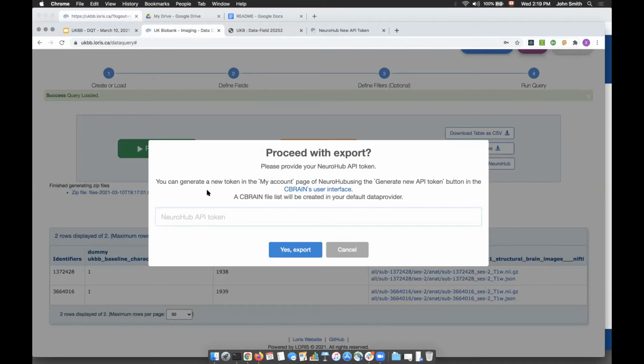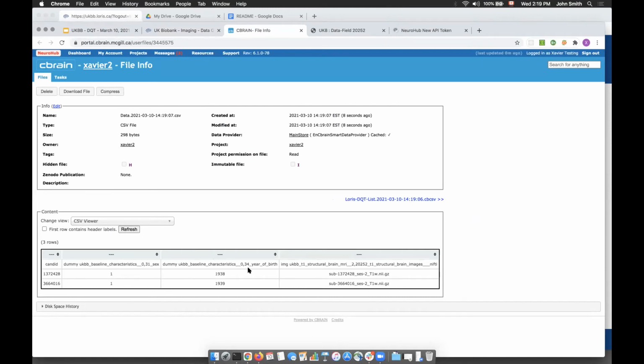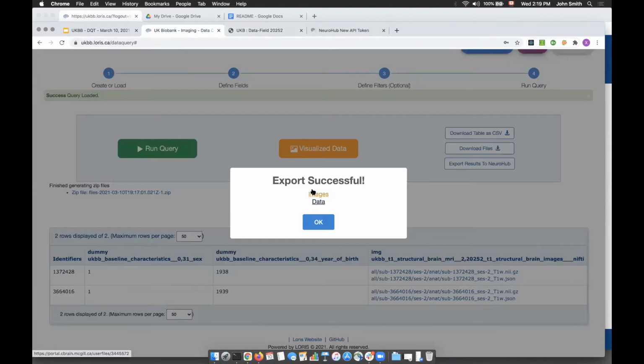So in this command prompt, I'll just paste my token and click export. And with this success message, there are now links to go to the CBrain file viewer, as Brian was mentioning. You can see that the results are available in a CSV file, but also the CBrain API allows you to create what is called a CBrain file list.